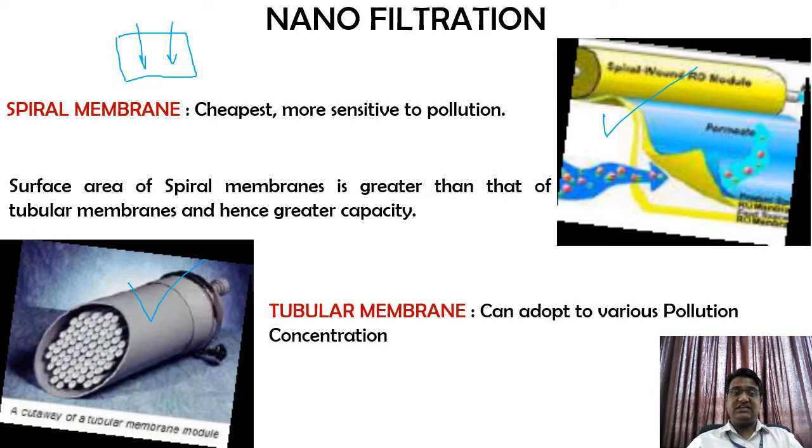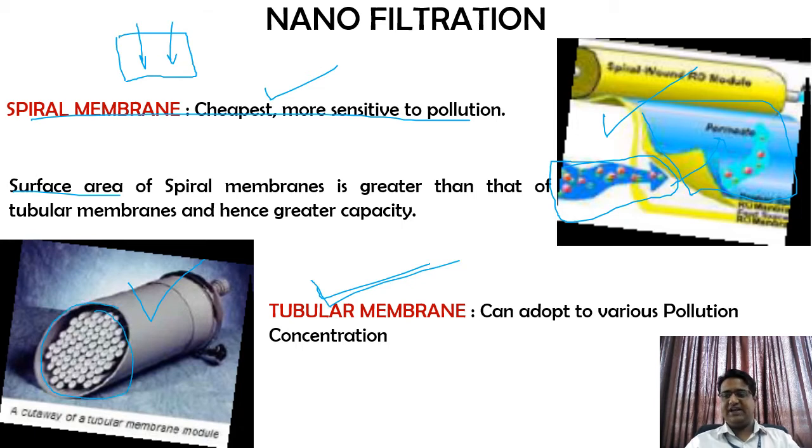But when you consider the surface area, the spiral membrane will have more surface area. It will be like a thin sheet, so that's why it has more surface area, because of which the total quantity of filtration through the spiral membrane will be much more than through the tubular membrane. And because of this higher sensitivity, or single layer of this membrane, you cannot have varying dosage of inflow characteristics. You need to maintain it within limits so that the treatment can occur. Whereas with the tubular membrane, even though the inflow characteristics vary, it can easily take care of those variations.